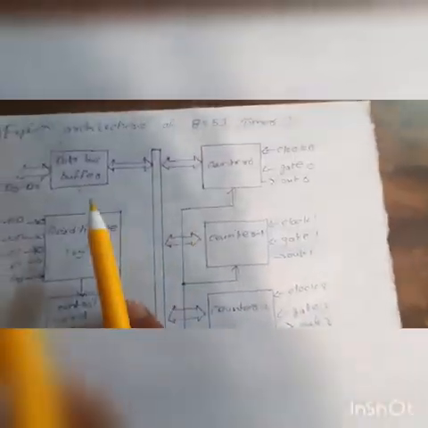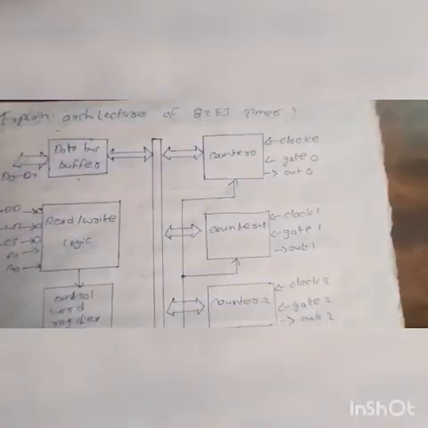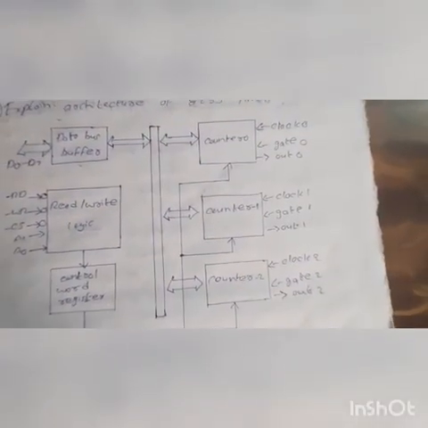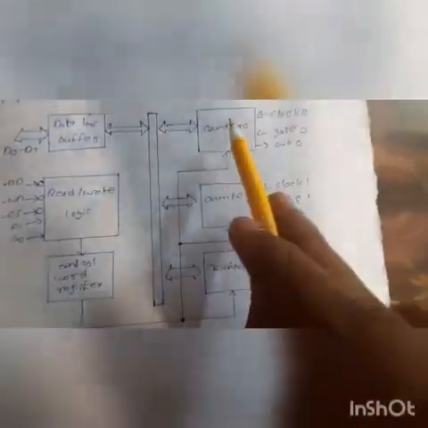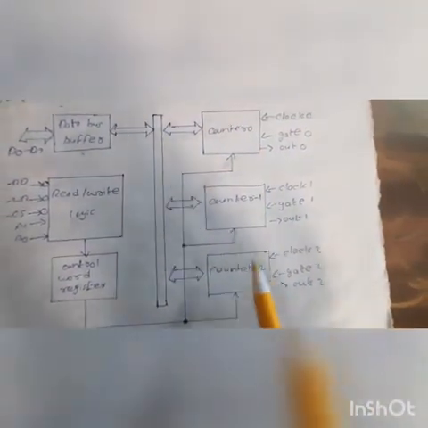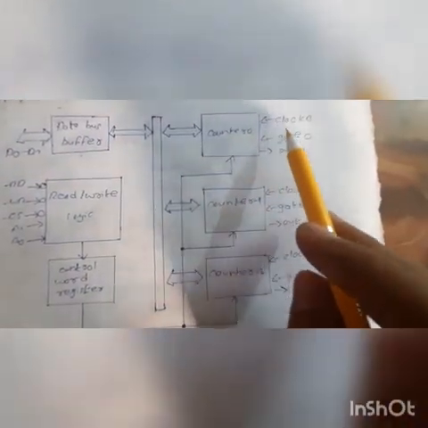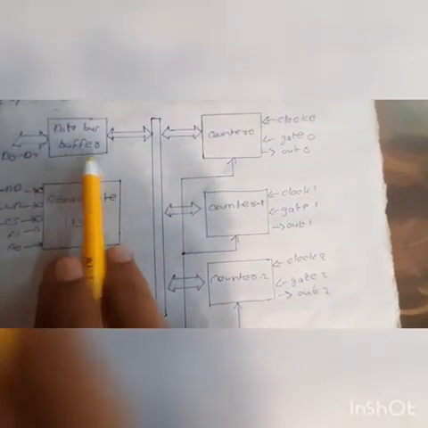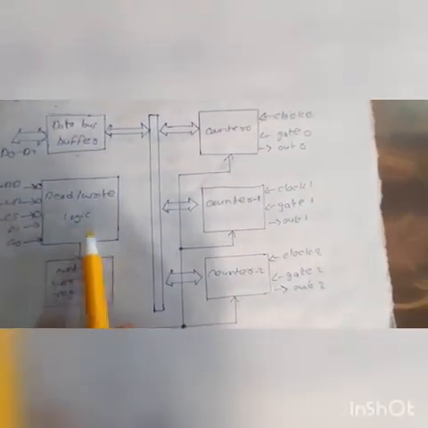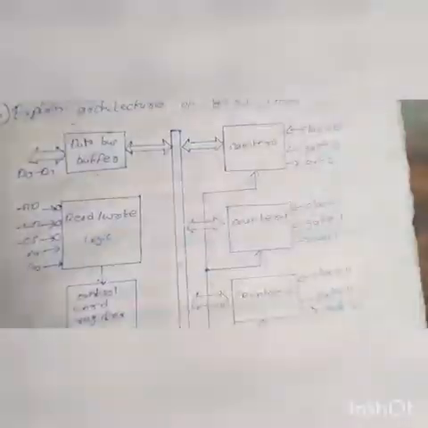In the second question, I am explaining the architecture of the 8253. In this, we have three counters, namely counter 0, counter 1 and counter 2. We have three signals: clock signal, gate signal and out signal, and we have the data bus buffer, read write logic and control word register. The data bus buffer is used to